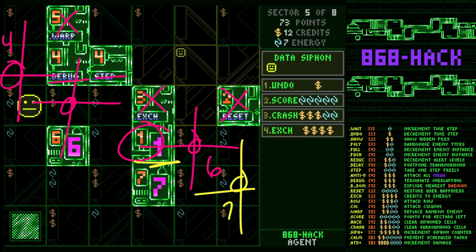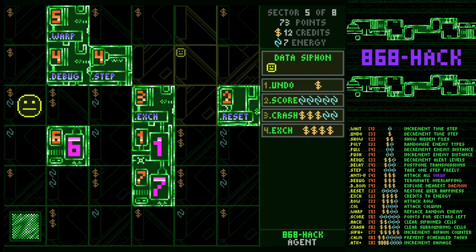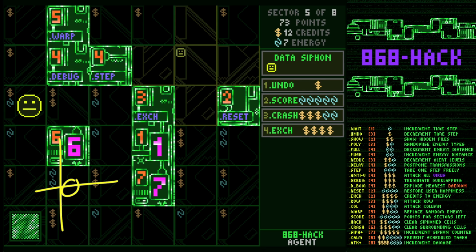Or can we fight for this 7? This is, I don't know. How much do we want to push, right? Because we can push for points. We could take the 6 here. We could take the 7 here. Either one of those